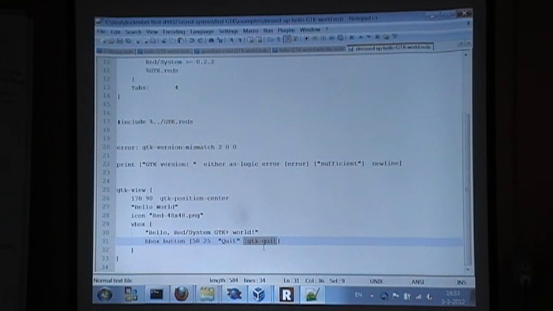And in order to do that we need to call the standard GTK quit function, and the button object can take that as just the address of the function, the way Red/System passes it. And if the button detects this